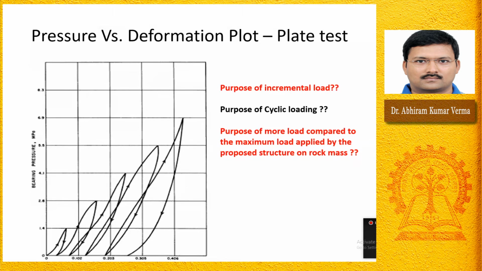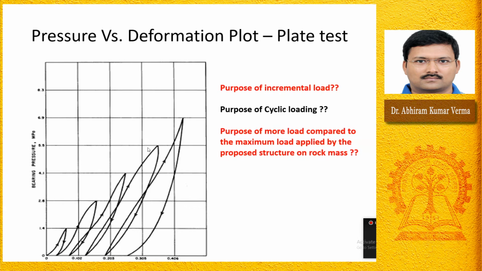As I was telling you, in each cycle, when we reach the maximum value, we keep this load constant for 2 days, and then we go for the unloading cycle. When we reach the bottom, when the load becomes zero, we again keep zero load for 1 day, and we see how the changes are happening during this process. Again we go for the second, third cycle and go down. Fourth cycle goes down. Fifth cycle goes down. So finally, we are achieving 6.9 megapascal.